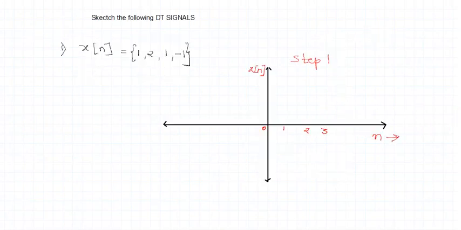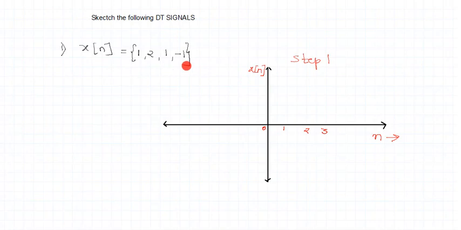Now we'll see some examples of sketching of DT signals. Now we'll sketch some DT signals. Right? So the first example is shown to you, Xn. Xn takes 4 samples. Xn is a set of 4 samples having magnitude 1, 2, 1 and -1. So the very moment when a DT signal is given to you, what do you understand by looking at this? You understand that signal Xn consists of 4 samples. Signal Xn has 4 samples, right? Xn exists for 4 samples, right?